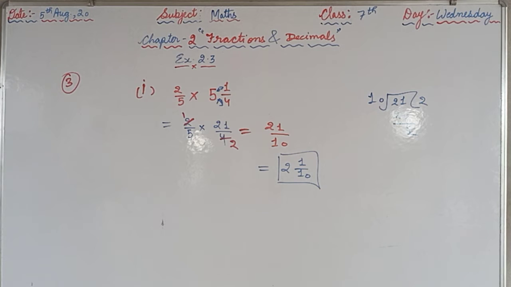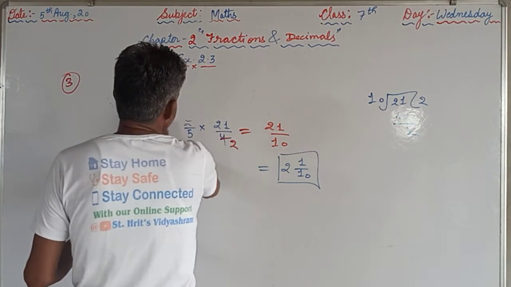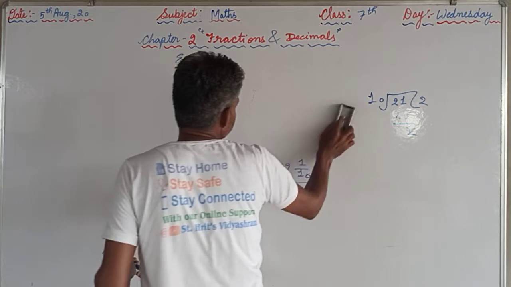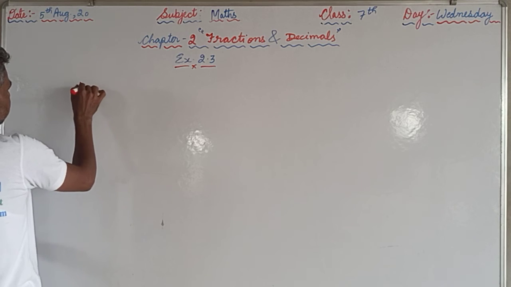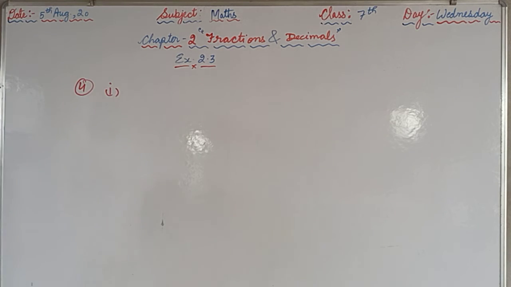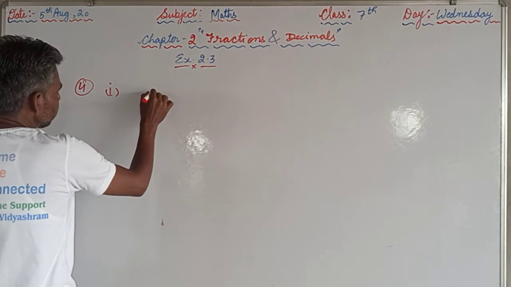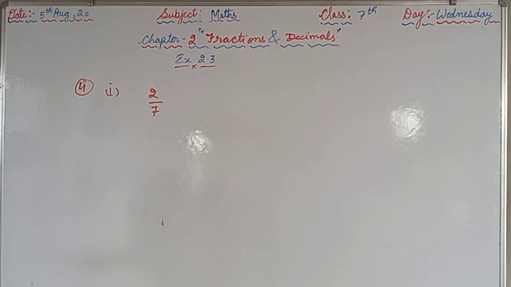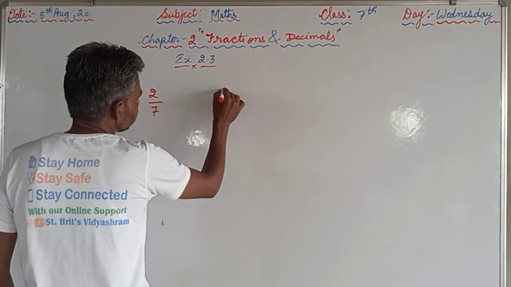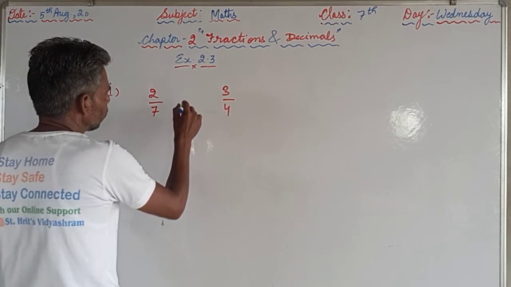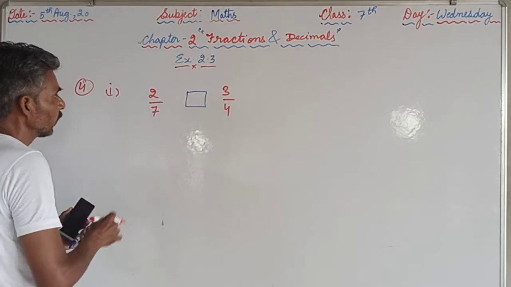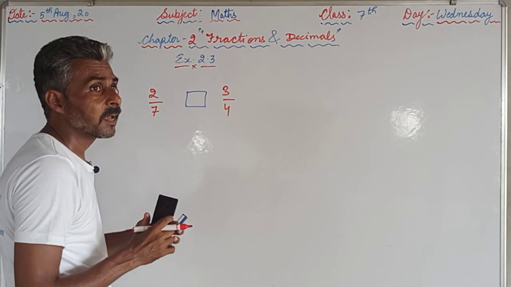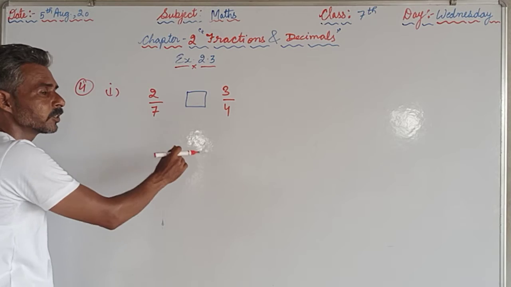At the same time, question number 4, which is greater? Which one is greater? And the numbers are given, that is 2 upon 7 or 3 upon 4. So there we will put one box there. Now we will convert them into equivalent fractions having the same denominator. These are unlike fractions because they are having the different denominators.